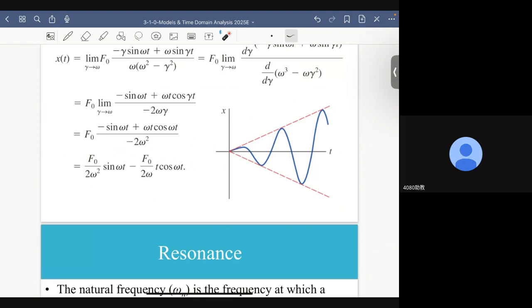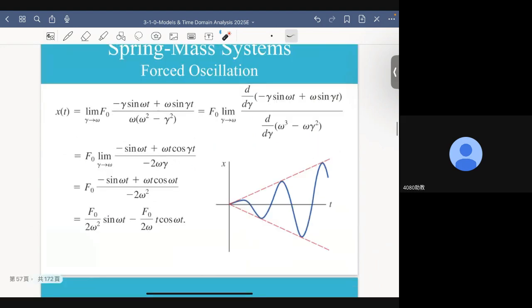I never gave you the reason why this result is true and where it comes from. Now we have systematically demonstrated how to get this particular result. The next thing we want to do is to find out what this result means. That is, we want to interpret this result.